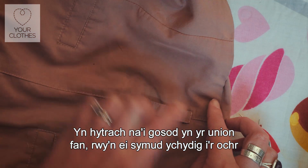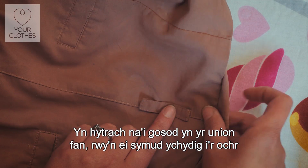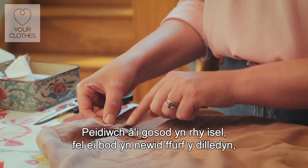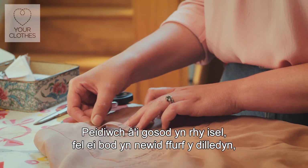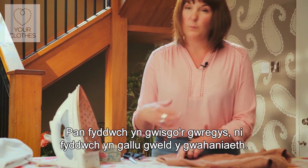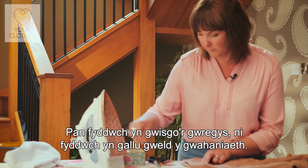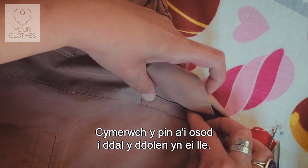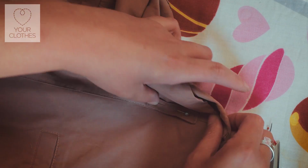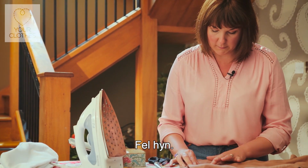Rather than placing it where it was, I'm actually going to move it over slightly to actually cover the hole completely. You don't want to pull it down so much that you're starting to alter the shape of the garment, but you do want to kind of hide that little bit of area of damage. When your belt's on, you're not really going to see the difference. So again, taking your pin, you're going to pop it and secure it in place like so,